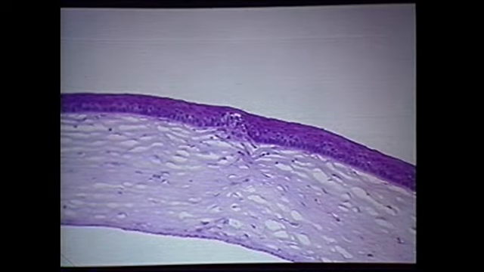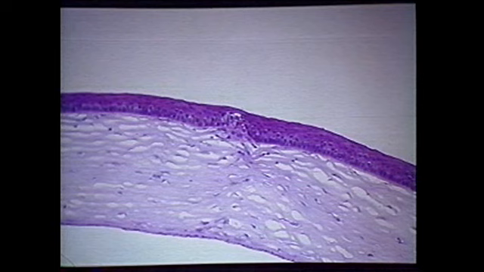This is an example of a rat's cornea where there is abnormal deposition and abnormal alignment of the collagenous fibres. And this is a case of scar tissue formation. This is a small scar in the surface of the cornea, and this abnormal deposition of collagen will result in the reflection of light and give rise to an opacity, as it did